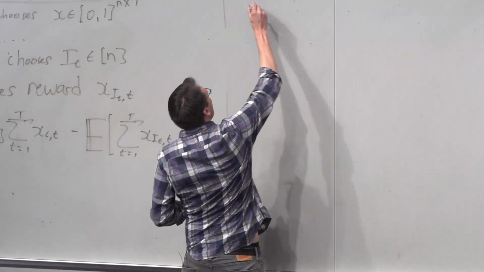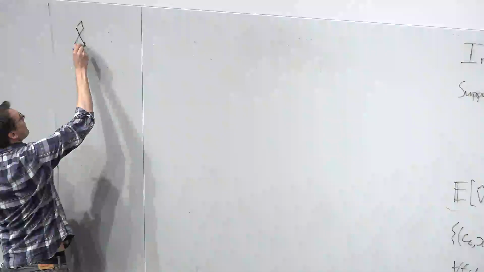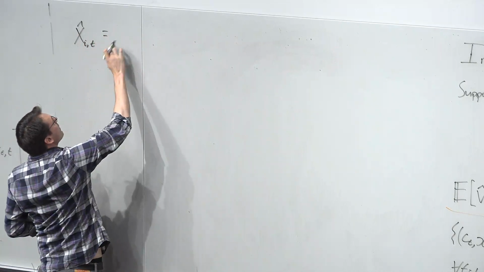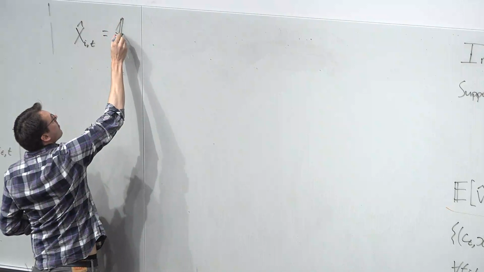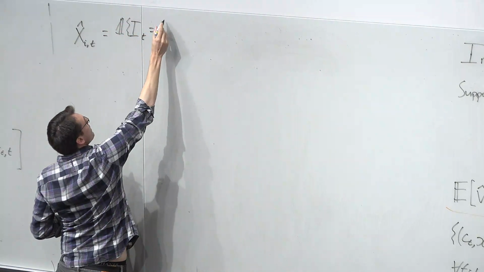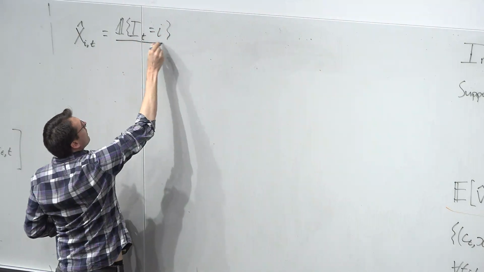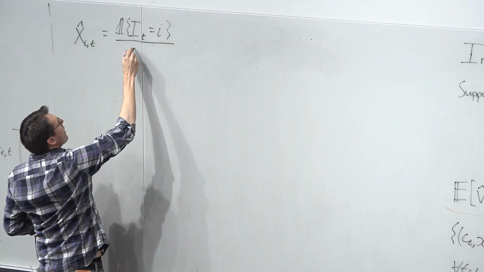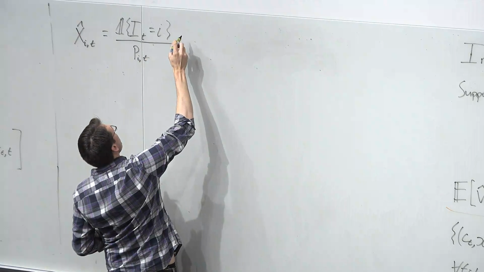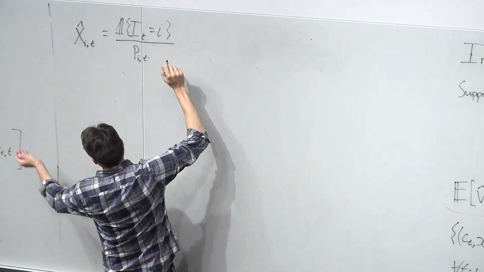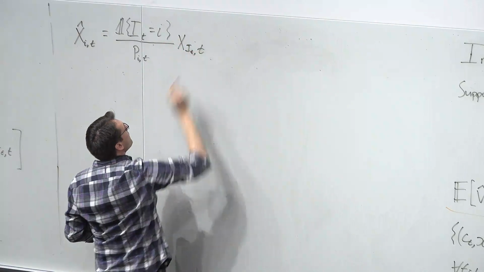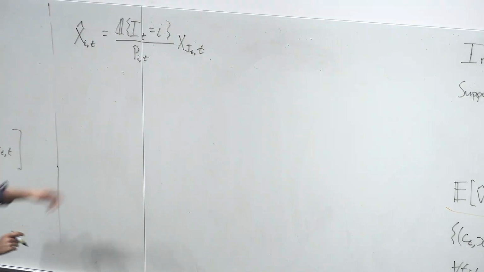So if we define x hat it as being equal to I over p_it times basically the reward that you got, x_it, where